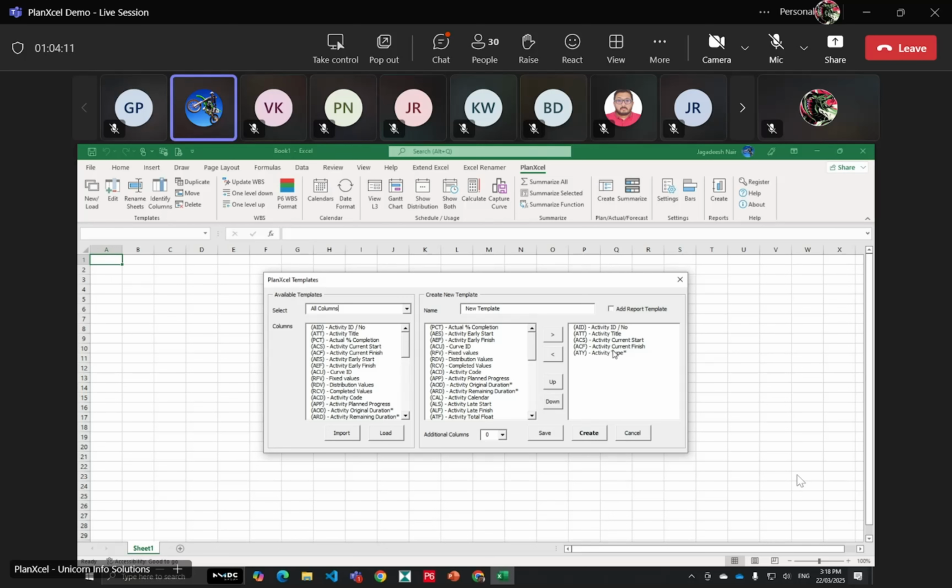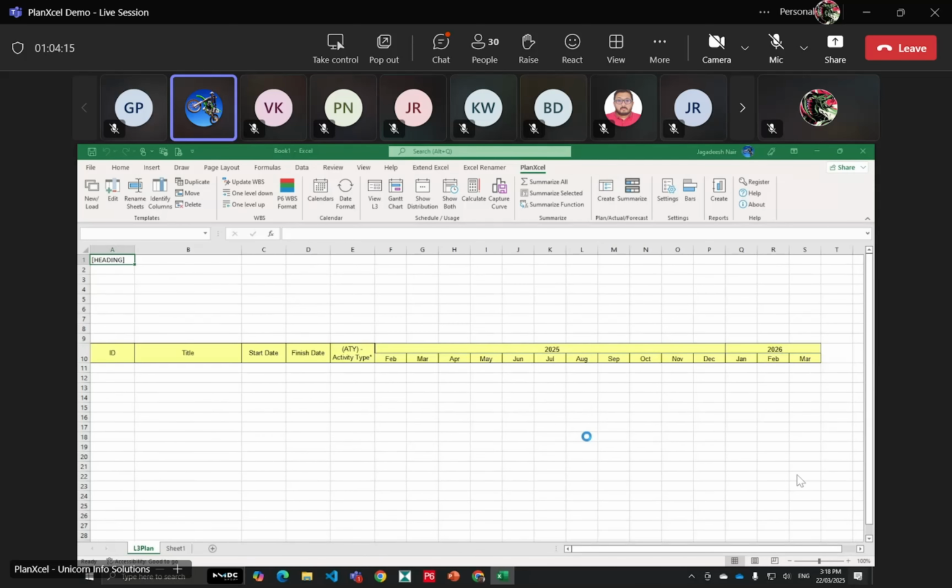So I'll start with a simple one with no additions. I will create it. This will create a template now, with the input columns, and this is the current calendar. The current default calendar is a monthly calendar. It will be roughly a year. And depending upon when you are creating the template, the dates will accordingly change. So once we have